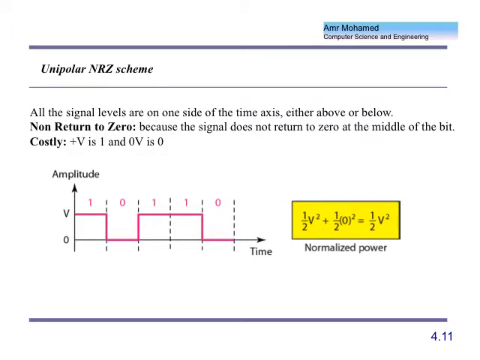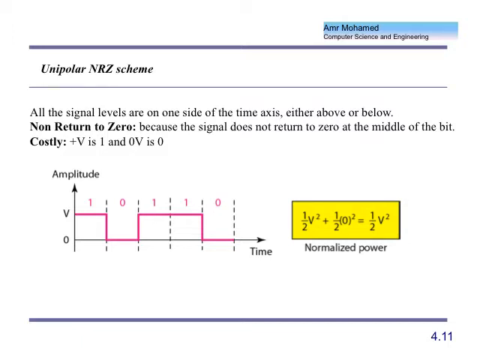Okay? So for each of these line schemes, let's try to analyze the performance of this line coding scheme based on all the things that we have discussed before. So first of all, we know that this is the simplest, so it's very simple. It requires only 2 signal levels. One of them is 0, so it's easy to generate. So this is the advantage. The disadvantages are a lot. One of them is the fact that